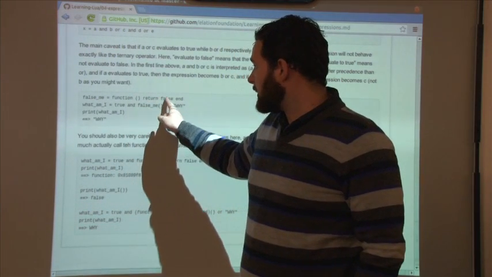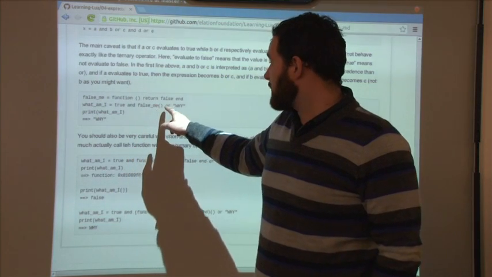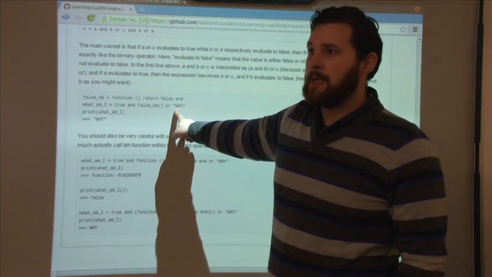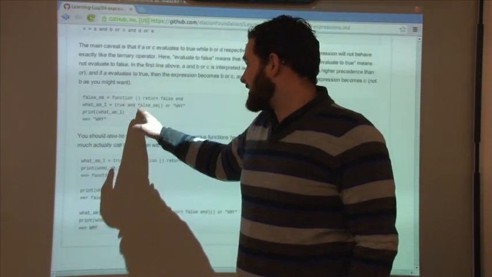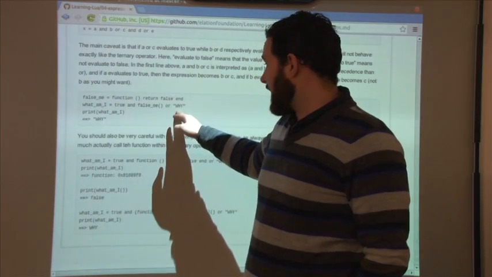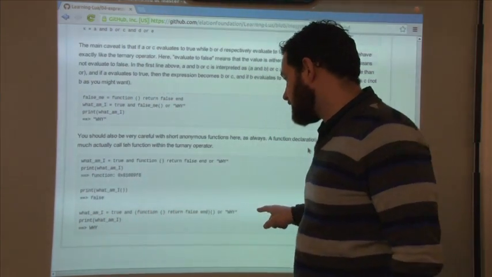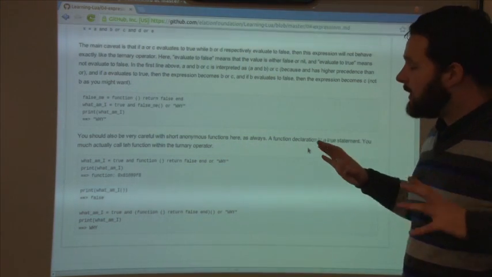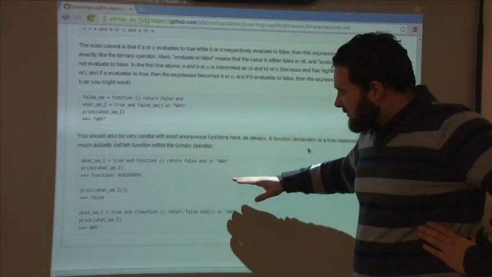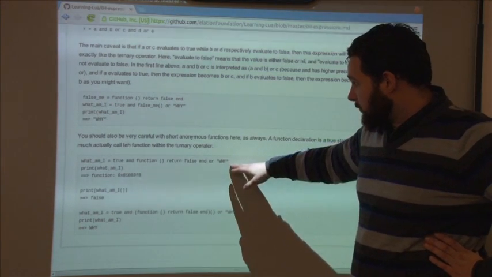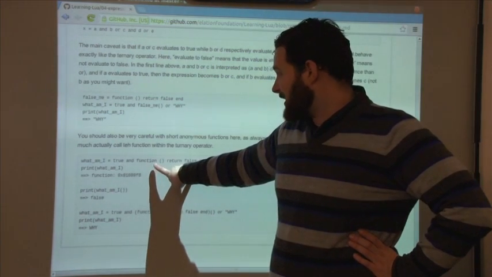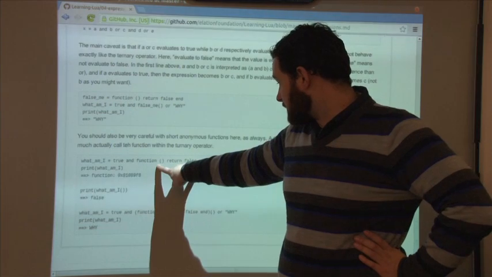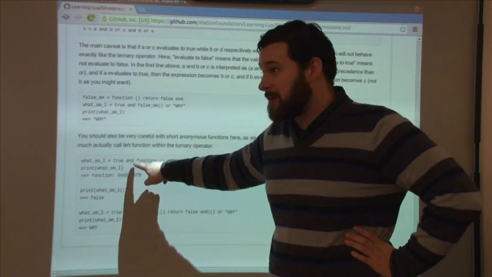False is being run, it returns false, and so therefore we get y. Because this and statement is now false, therefore we get y down here. And I mean, this is where it got confusing, and I kind of was like, I give up. In this version of the function, where I actually make it a lambda function itself that returns false, because again I don't put parens around it,